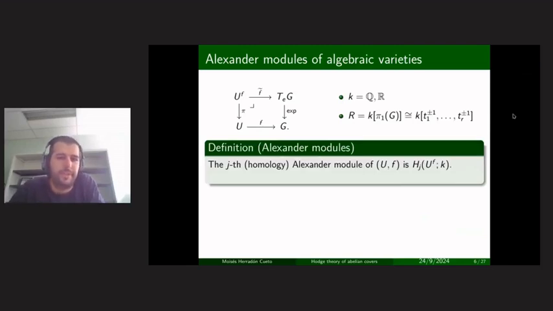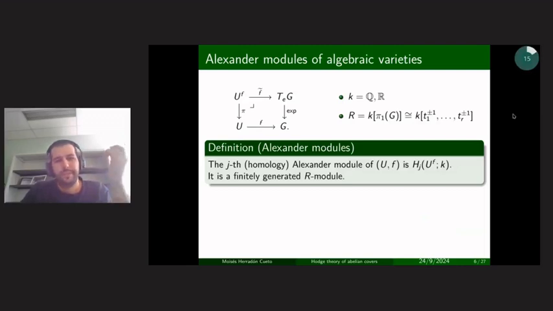And like before, if I have this cover, the homology groups are going to be called the Alexander modules. So the first thing one can notice about these is that they are finitely generated modules. You can get there by using this theorem that says that U, being algebraic, has the homotopy type of a finite CW complex, and UF does not, but you can think of this homology as a local system on the space downstairs, a local system of R modules. When you take its homology, you get this same homology, and this will get you there.